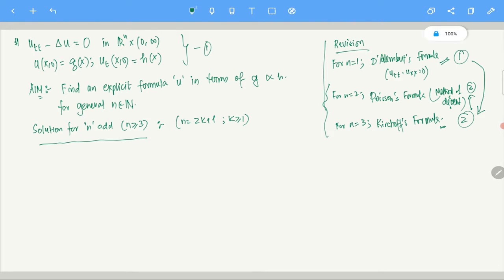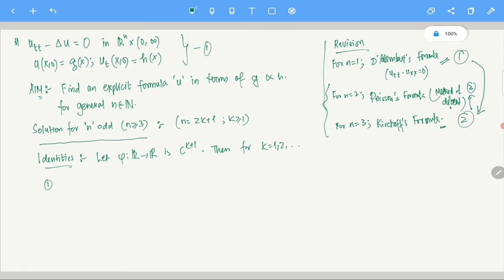I mean, identities, sorry. So some identities. Okay, so these are some useful identities which we are going to use. So let phi from R to R. Basically I am looking for a C^(k+1) function from R to R, and then for k equals 1, 2, it goes on like this.